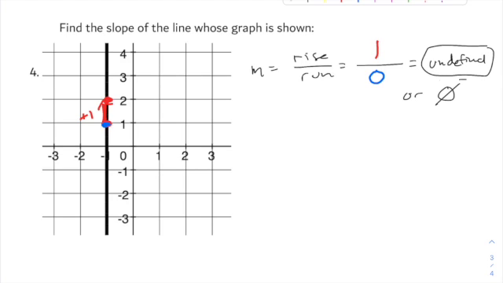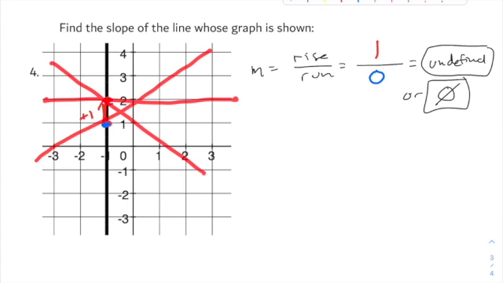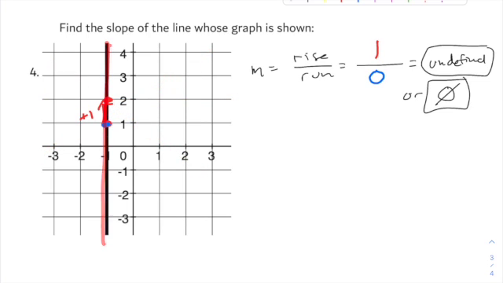Undefined, or you can use the no solution symbol, right? And we said that you can think of that like, this couldn't possibly be your bank account, for example, because your bank account can't instantly go up without any time passing, right? So it could be staying the same with a 0 change, or it could be going up as time goes on, or it could be going down. But your bank account can't just go up instantaneously, right? Or if you think about riding your bike, I can ride my bike on this, it's 0. I can ride my bike on this, it's positive. I can ride my bike on this, it's negative. I can't ride my bike up a straight hill, like up a wall. So any vertical line